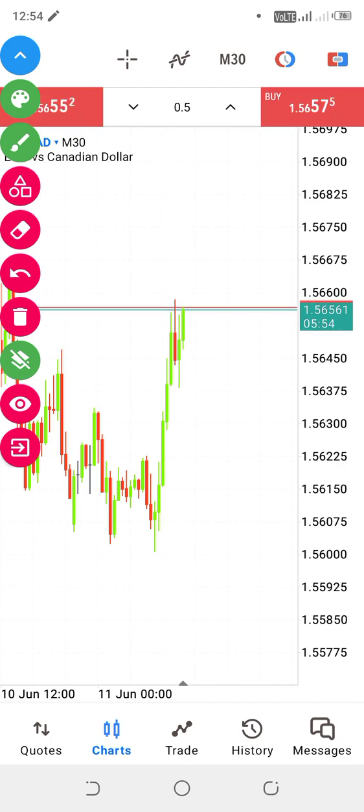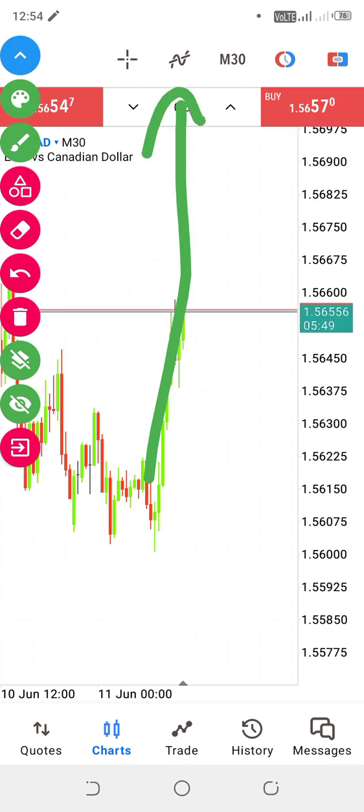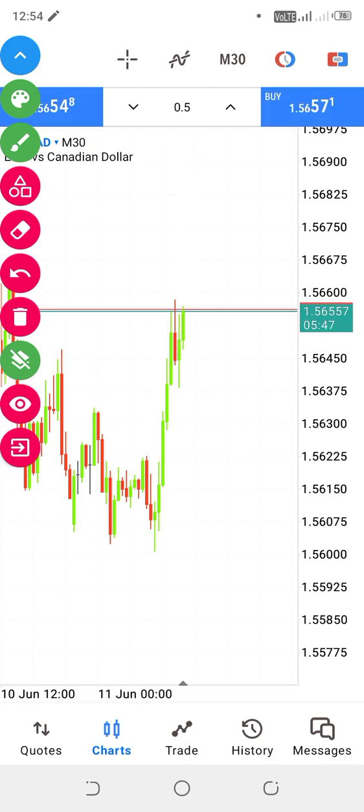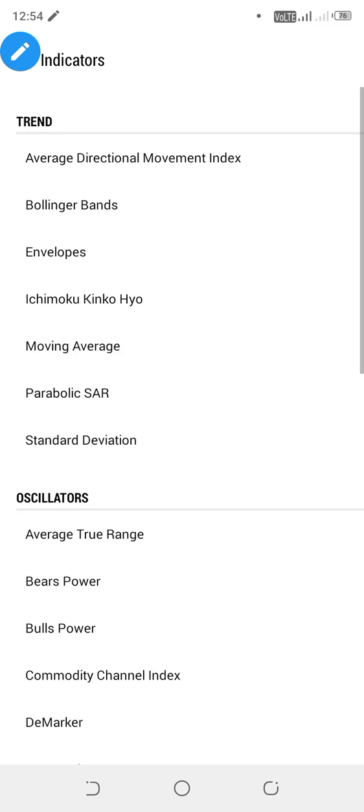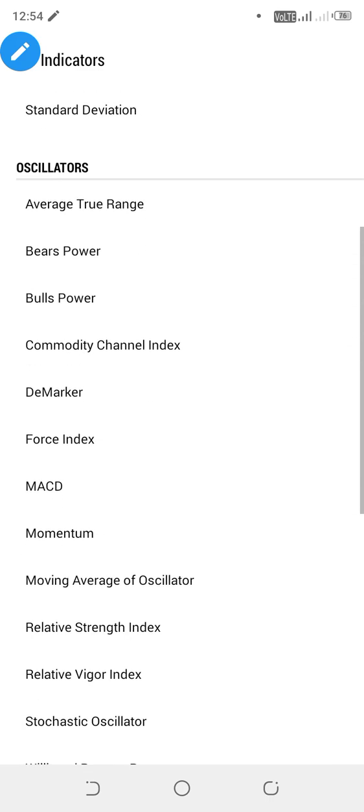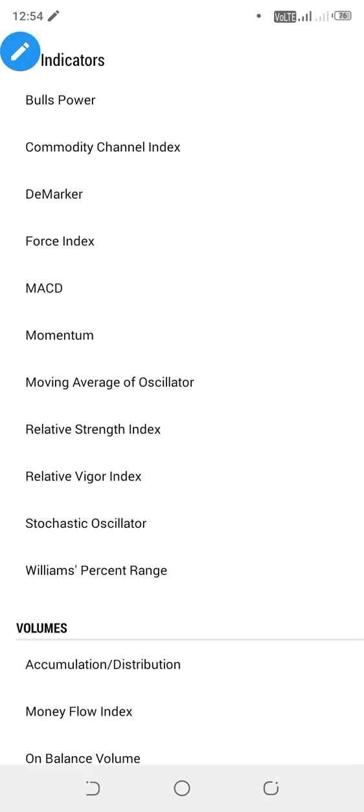And then as for this tool right here, it's for indicators. We use them depending on the type of trader you are. Me myself, I use naked trading. I don't use indicators. But let's say, for instance, you want to use indicators, you're gonna click them and then click your main chart. Then you select any of the indicators that is gonna assist you with a specific strategy that you are using. So let's say, for instance, I choose